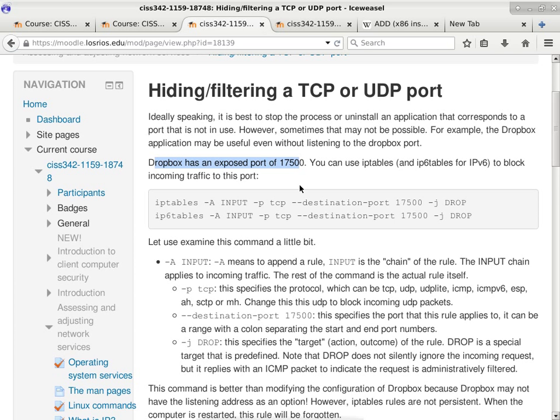Okay, so the command to do this is to use iptables. iptables is a complicated command to use to begin with. So I'm not going to focus too much on the command itself. I will only show you instances of how to use it for particular purposes. So in this case, I can use iptables -A INPUT -p tcp, which protocol is TCP, destination port 17500, and I want to drop the connections. I want anything that's coming in, this rule will say drop it, so it won't connect. This is not uninstalling Dropbox. It is simply plugging the port that it listens to.